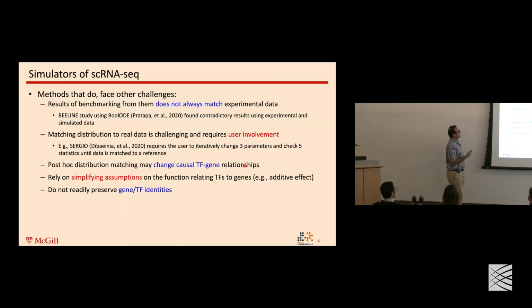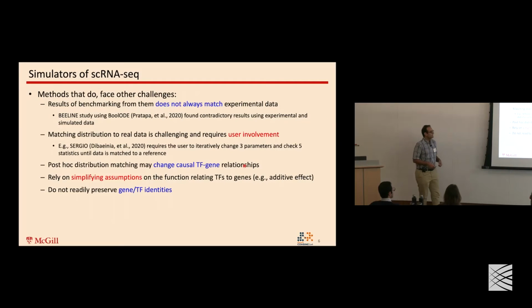For example, there was a famous study, BEELINE, in 2020, where the authors benchmarked different GRN inference methods based on single-cell data. In their benchmarking, they used both experimental benchmarks and also synthetic data that was generated using a method called BoolODE, which uses differential equations in order to